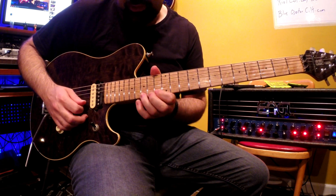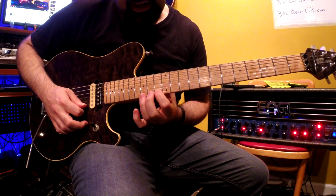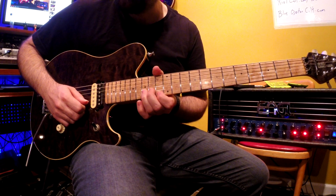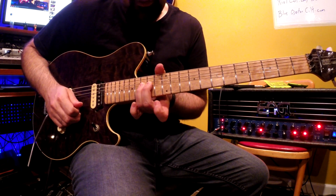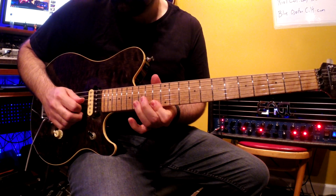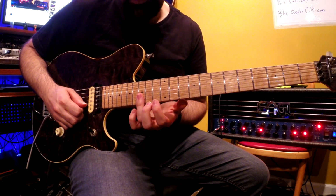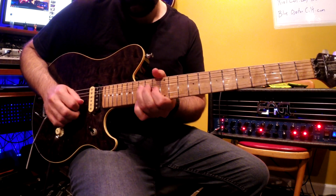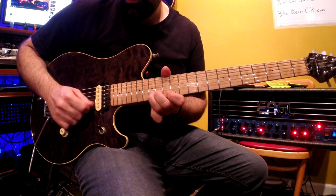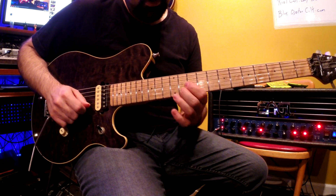Now on the next string, you go back down to that 13th fret, and now on the B string, 15th fret, bend that a whole step, and then you play with your first finger the 13th fret on the E string. And then you end on the 15th fret on the 3rd string. So that little bendy thing is... So the whole sequence is...